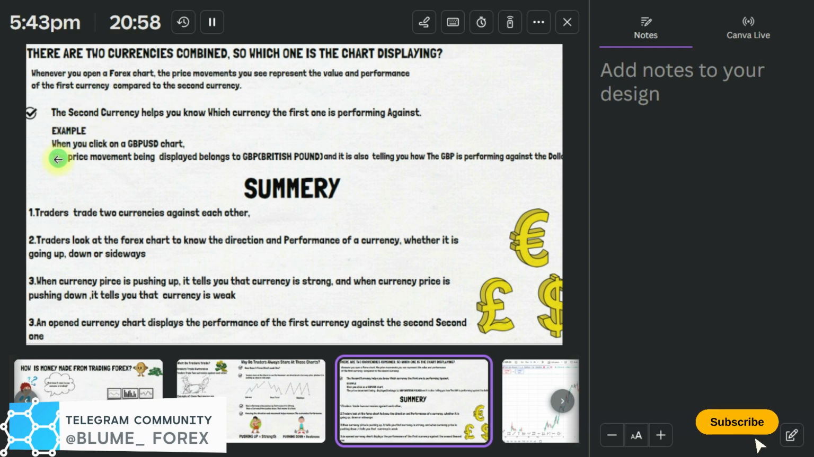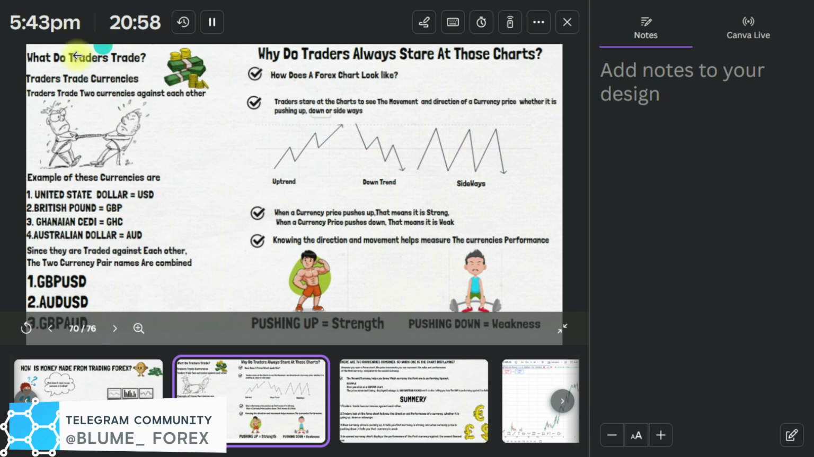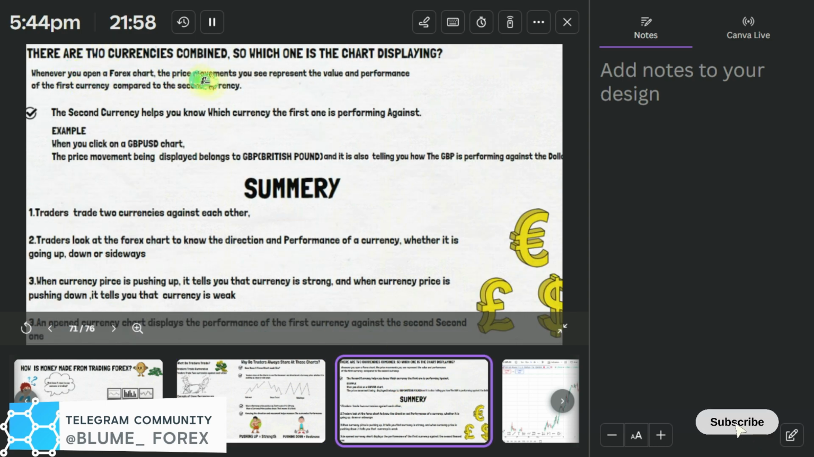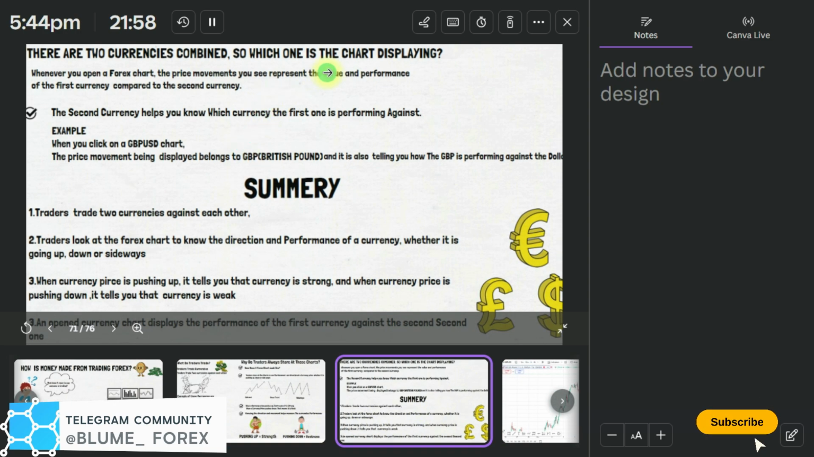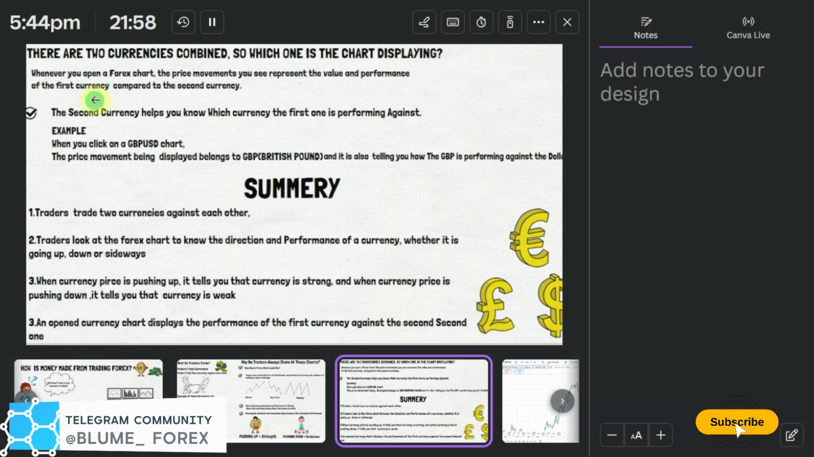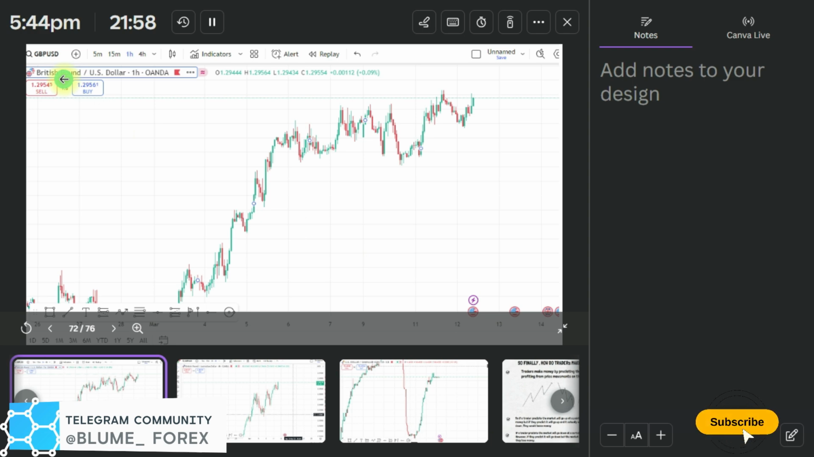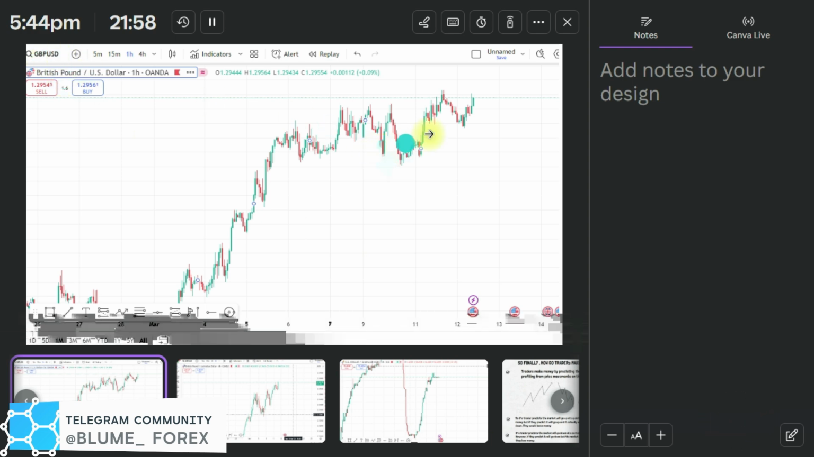So, remember I said we trade two currencies against each other. So we trade the United States dollar against what? In this case, the Great British Pound against the United States dollar, Australian dollar against the US. So it says here that whenever you open a forex chart, the price movement, this is currency price, this is price movement, right? The price movement you see represents the value and performance of the first currency compared to the second one, right? What that means is that when you open this chart, it's going to show the currency price